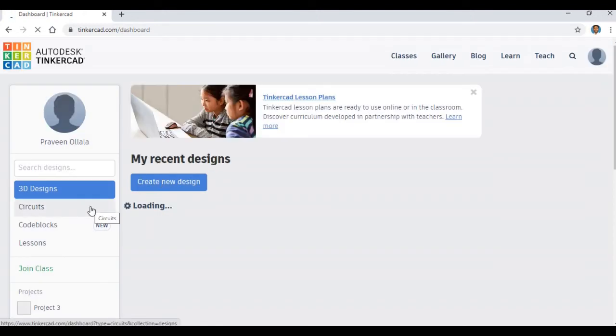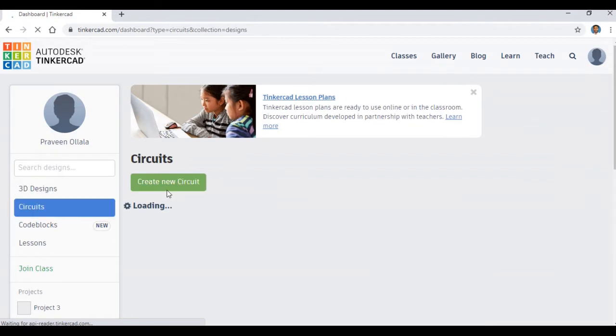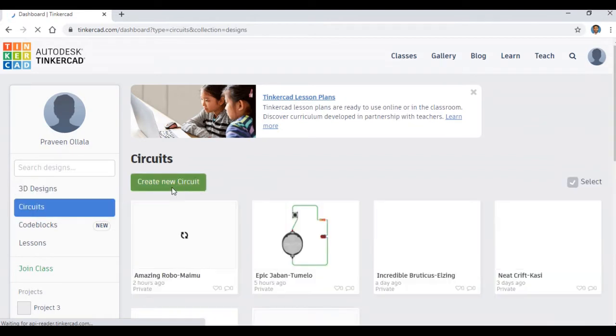So just go to your Tinkercad account and click on circuits, then click on create a new circuit. It takes 5 to 10 seconds.